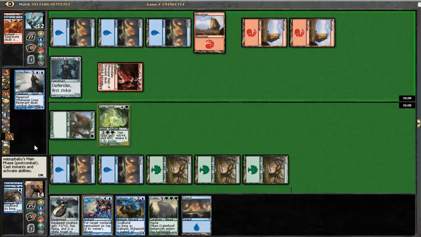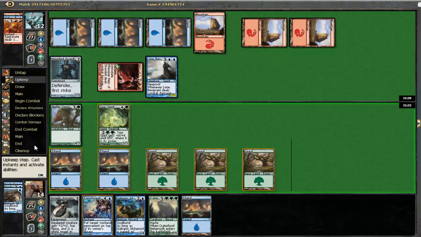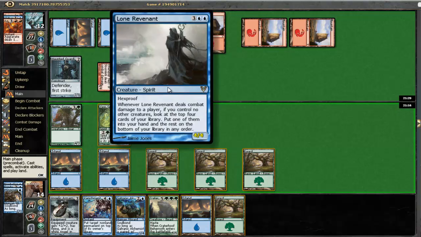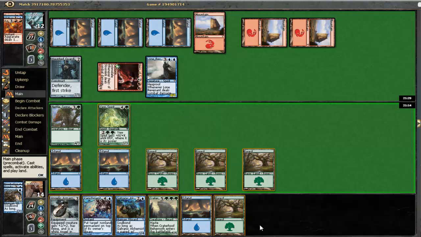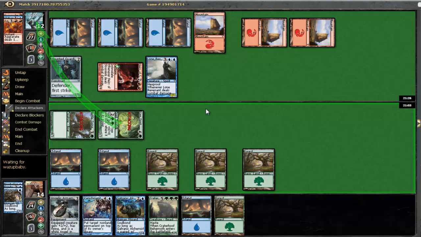Let's see what he plays. Ooh, Lonely Revenant. Alright. So this guy has hexproof, which is interesting. I think we are going to bash him with both and see if he blocks. If he blocks the Nettle Swine, we are going to let him trade. Otherwise, we are going to